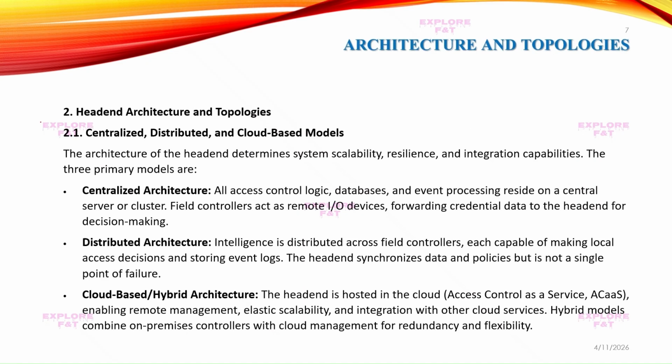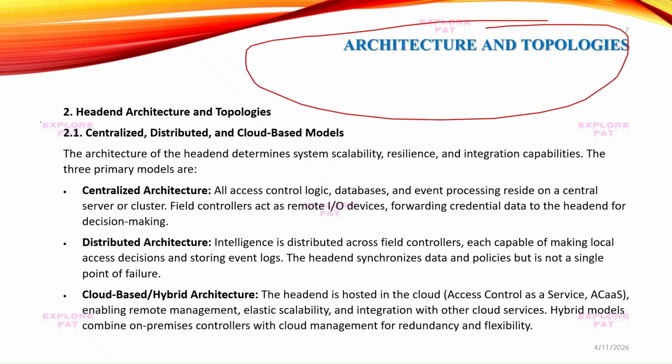So, architecture and topologies. This is the second point. In head-end architecture and topologies, the first point is centralized, distributed, and cloud-based models. So these are the architectures. The architecture of the head-end determines system scalability, resilience, and integration capability. The three primary models are: